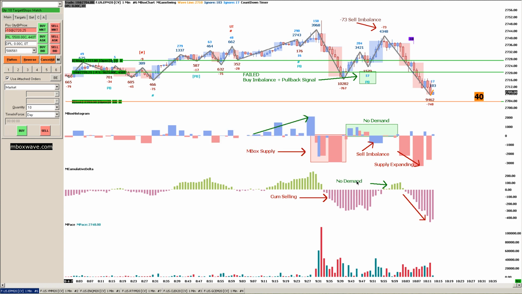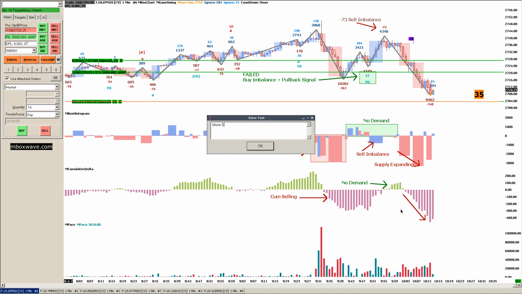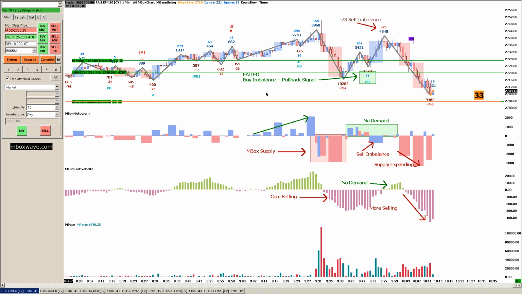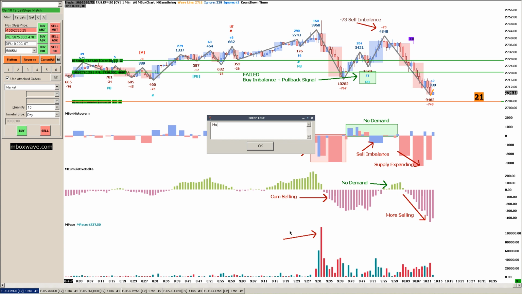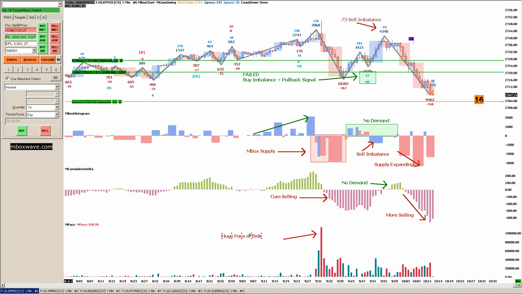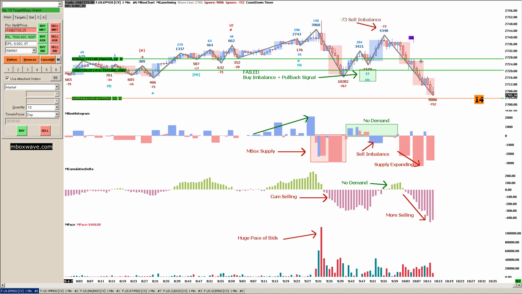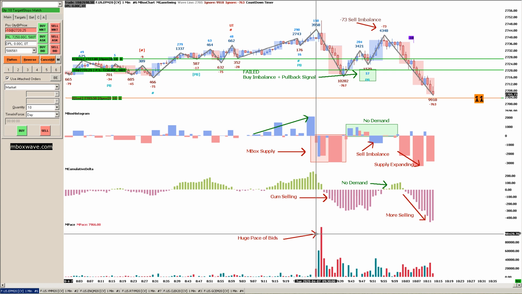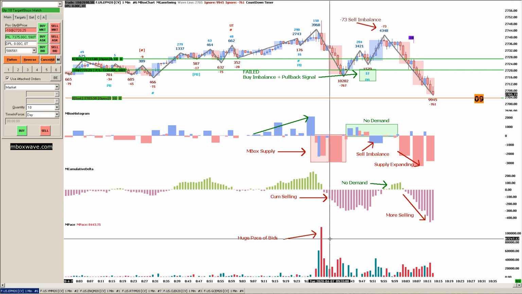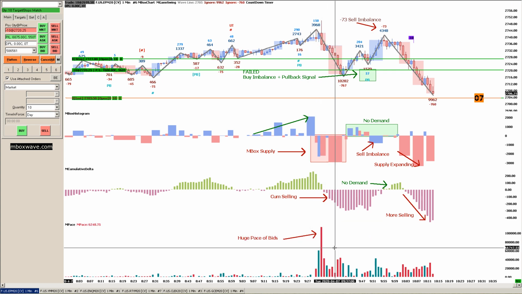No demand. Here we have more selling. All right. And when this whole movement began, I also want to show that we had a huge pace of bids, right? So this confirms this whole picture and the trade that I took, that the bids were outpacing the offers from the beginning of the